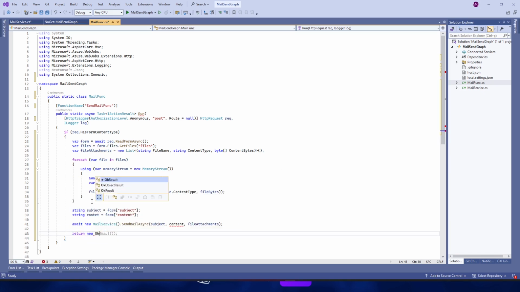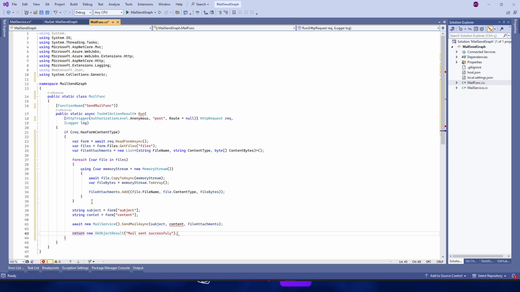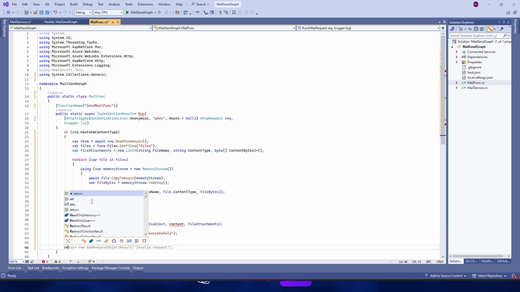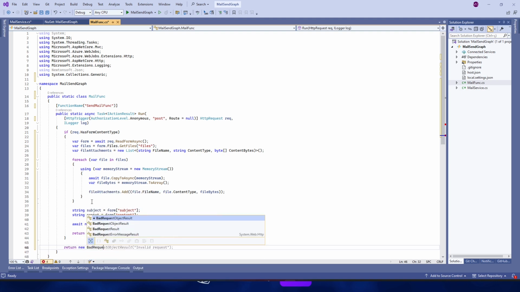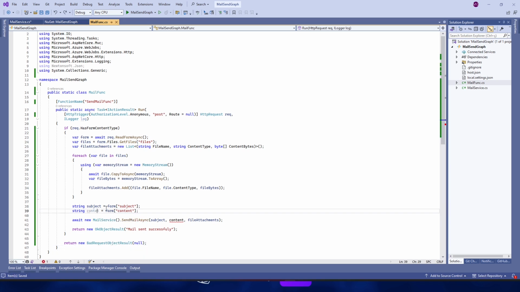Return new OkObjectResult, "Mail sent successfully." And here, return new BadRequestObjectResult sending null as a parameter. And here it's necessary to add the missing letter.